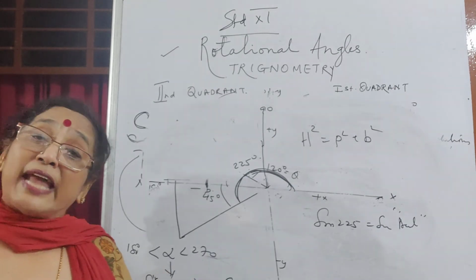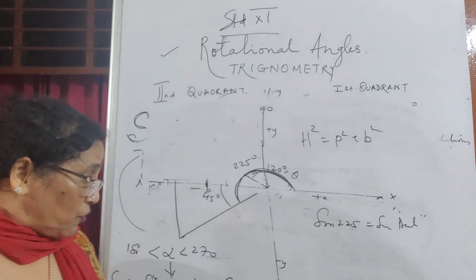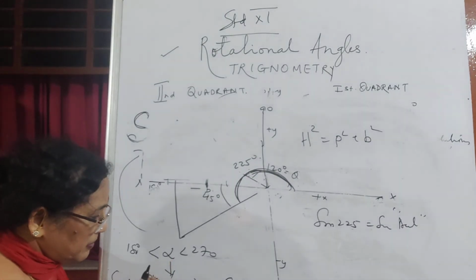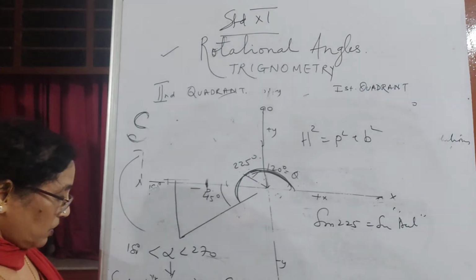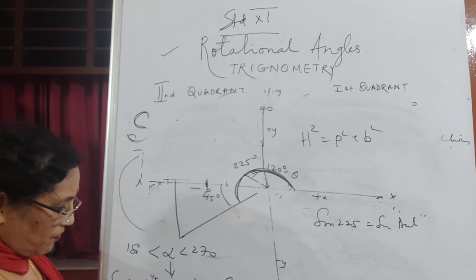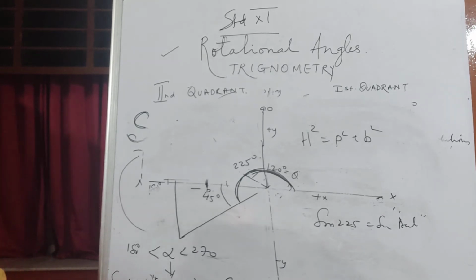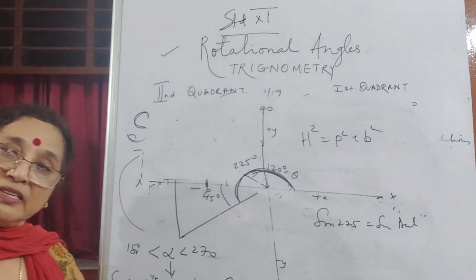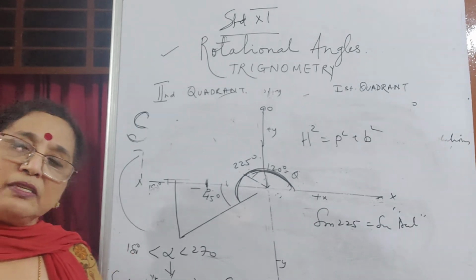This is the home of tan. Tan of 180 plus some angle theta: forget the 180, 180 is a baseline. Removing 180, 90, 270, 360, it will be sine theta or cos theta, positive or negative. So sine of 180 plus theta is minus sine. Cos of 180 plus theta will also be negative. I'll tell you why. And tan of 180 plus theta will be positive. Similarly, cosec of 180 plus theta is minus cosec theta. Sec of 180 plus theta is minus sec theta. Whatever is for cos will be for sec. And cot of 180 plus theta is positive cot theta, like tan.